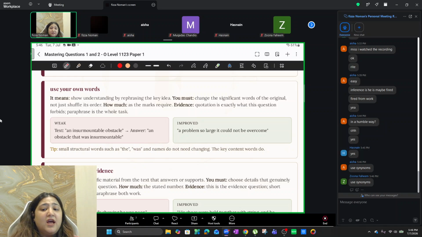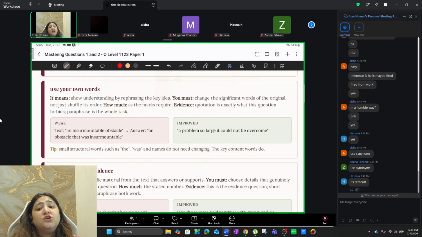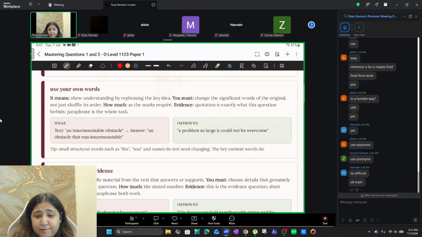Well done, ladies. Aisha and Zoon are absolutely right. We use synonyms, not fancy words. Cambridge is not about fancy words. If anyone tells you that, they are wrong. Hasnan, I know it can be difficult at times, but देखो, we are not supposed to force synonyms as well. जितना हो सकता है उतना चेंज करना है. Okay, बेटा? अगर नहीं चेंज होता, let it be. You can also change the structure of the sentence. Okay? You just have to paraphrase it. All right? Obviously, synonyms is the way to go. तो वो तो करना ही करना है. But I'm not telling you कि each and every word needs to be changed.